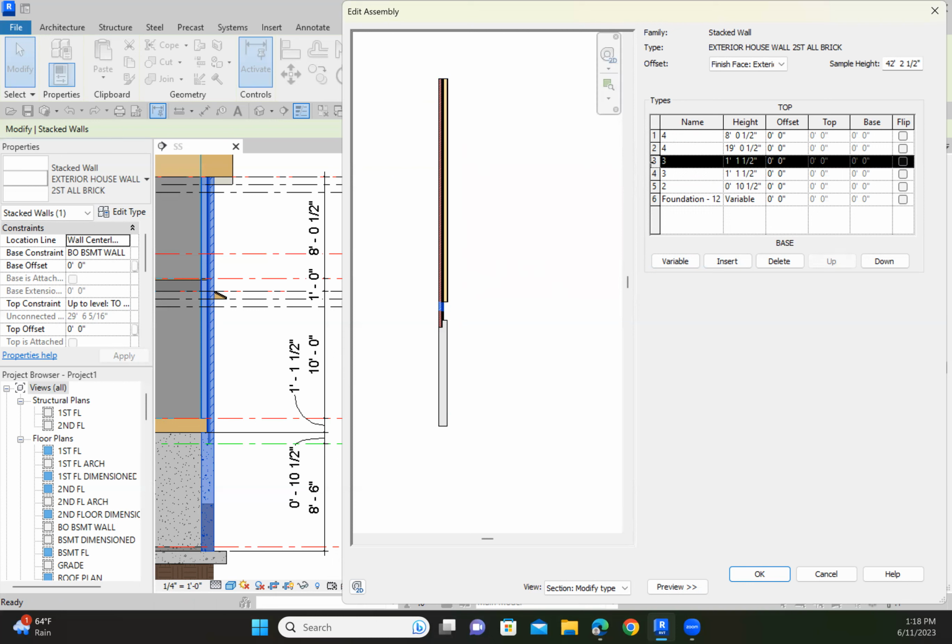Now, number 3 should be up between those two walls, so I will tell it to go up. Now that doesn't look good because it's supposed to be 10 feet, and it's 19 feet. So you highlight this, 19 feet, I want it to be 10 feet, according to my dimensions. So now I should have my second floor wall, my second floor bond, my first floor wall, my first floor bond, my brick ledge, and my basement wall. And if I say okay to that,